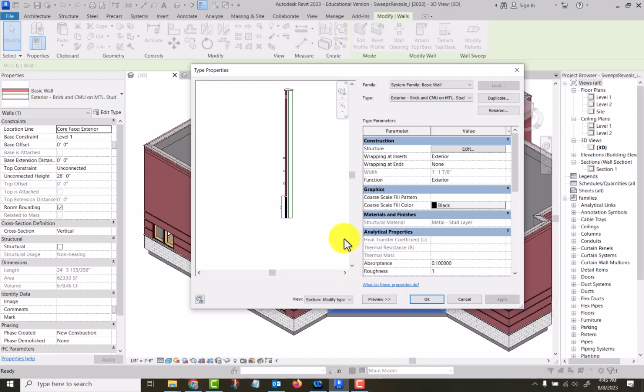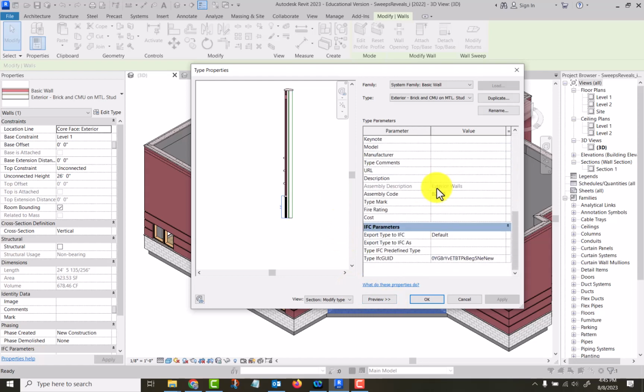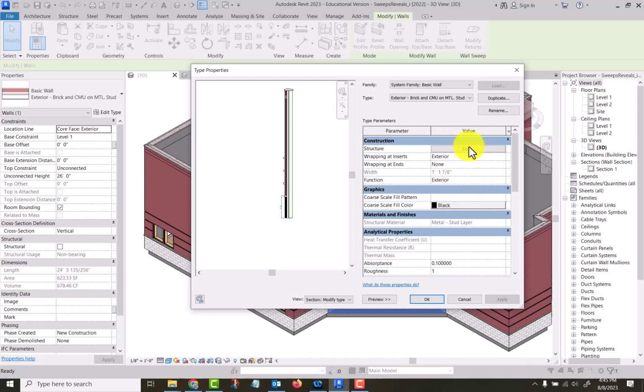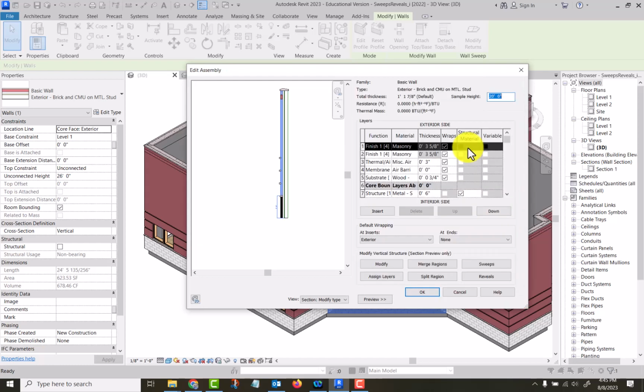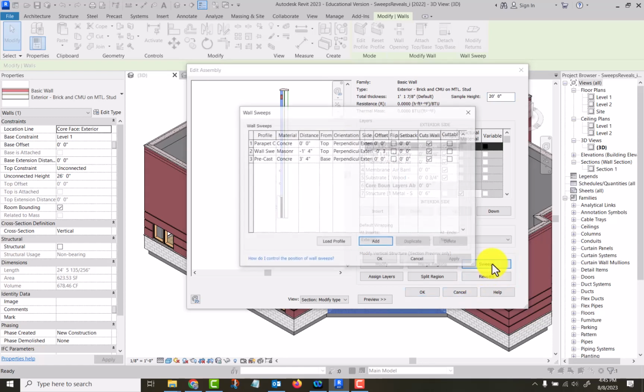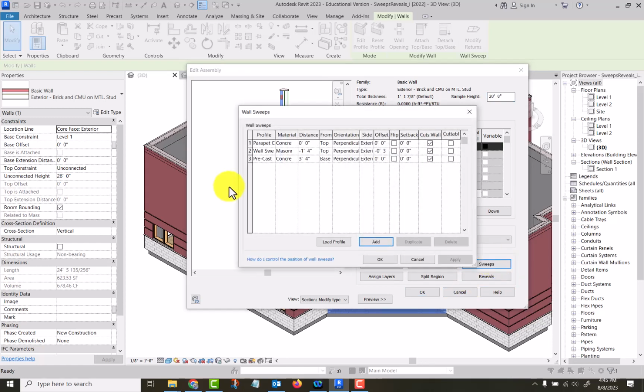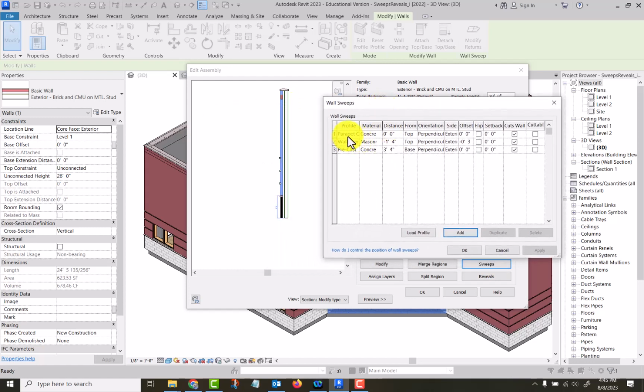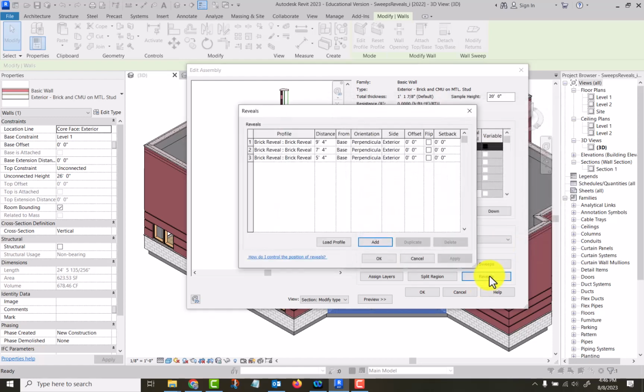And let's see. I go edit my structure, and right down here we've got sweeps and reveals. So if I click on sweeps, it shows me the different sweeps that are installed here, and there's three of them. One is the parapet cap here, at the very top. Next is the masonry soldier course, and then the precast stone, precast concrete wall sweep there. Okay, and then reveals,